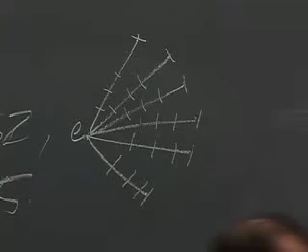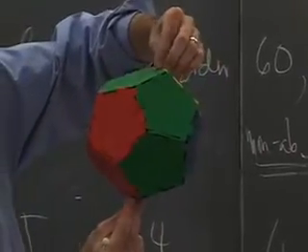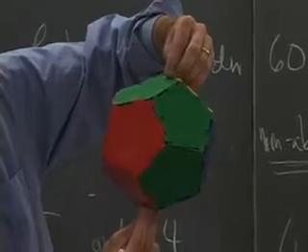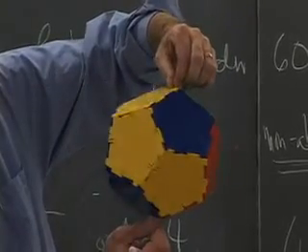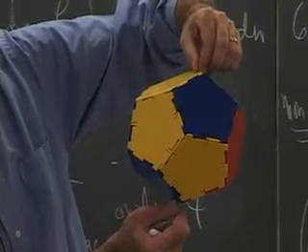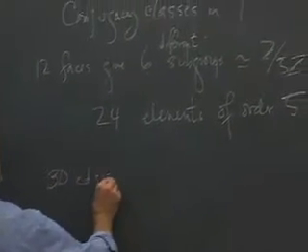Okay, next step. We have, as I said, 30 edges. Now, if you have an edge, it has an opposite edge. And if you take the axis through the midpoint of that edge, just like we did for the tetrahedron, you can rotate 180 degrees around that axis and preserve the icosahedron. So that's an element of order 2. Right? So you have 30 edges, give